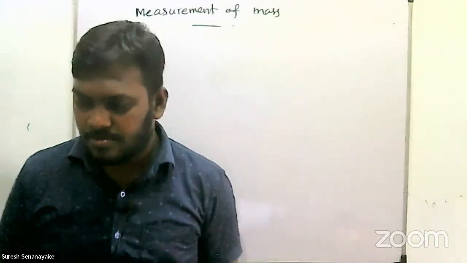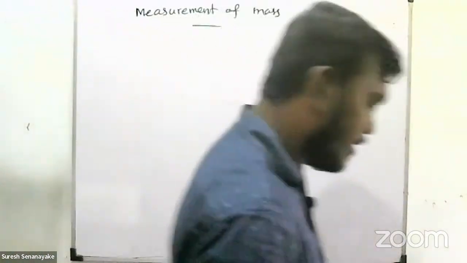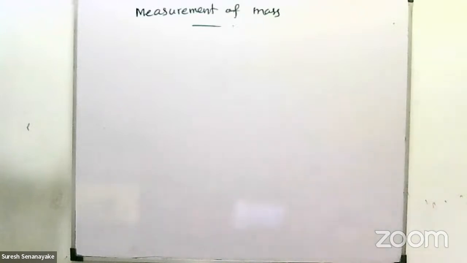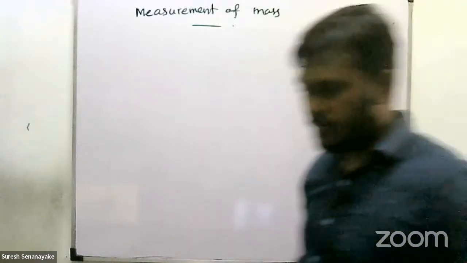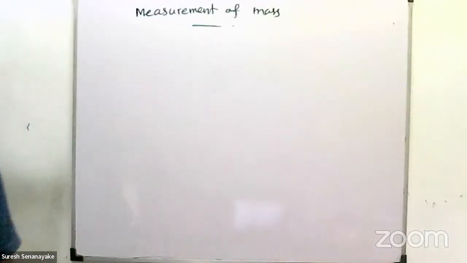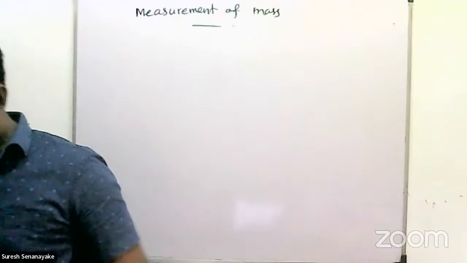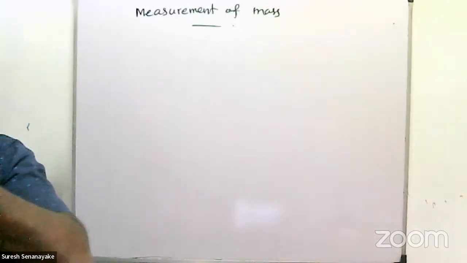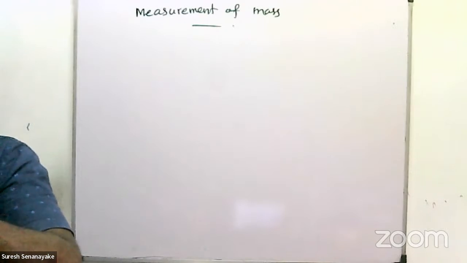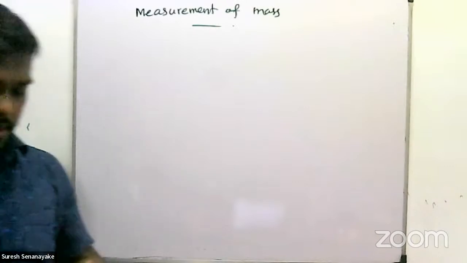The amount of matter contained in an object can be introduced as the mass of the object. Right? Any objects